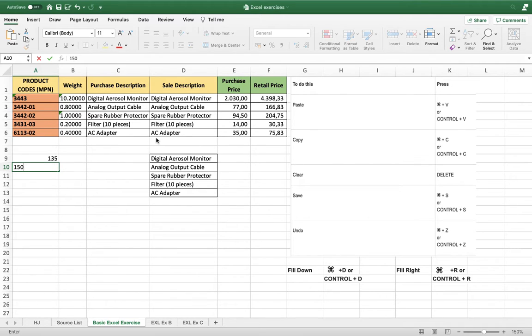And we want to quickly copy paste the exact same amount to the cell below the main cell. Let us try to copy 150 below the main cell over here, or we want to make it the same amount on the cell A10,